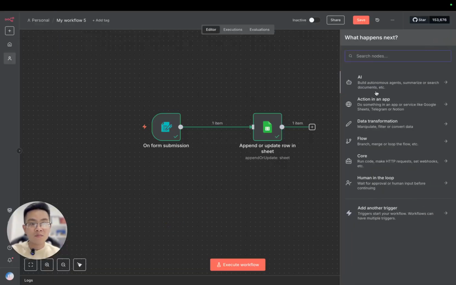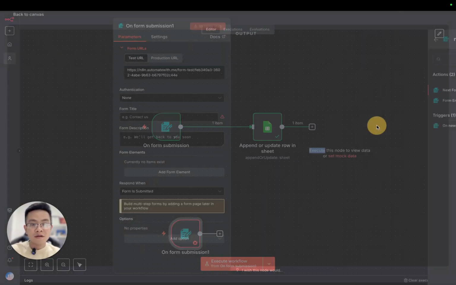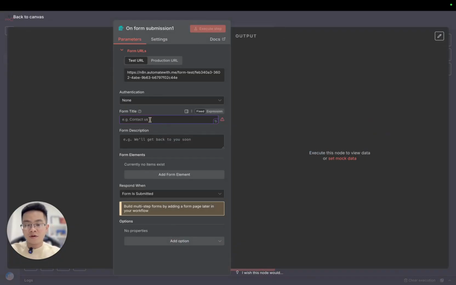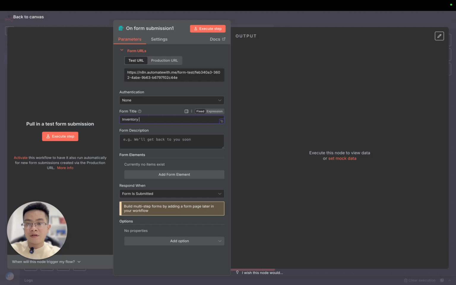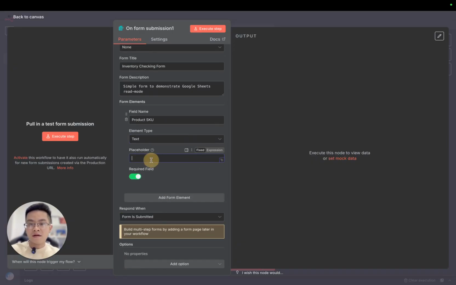First, we need another form, right? So let's use the form trigger. This is a new form, right? Okay, so it's called inventory checking form, a simple form to demonstrate Google Sheets read mode. And then we need an element, right? So product SKU. Okay, it's a text field and it's required. Enter your product SKU to get the